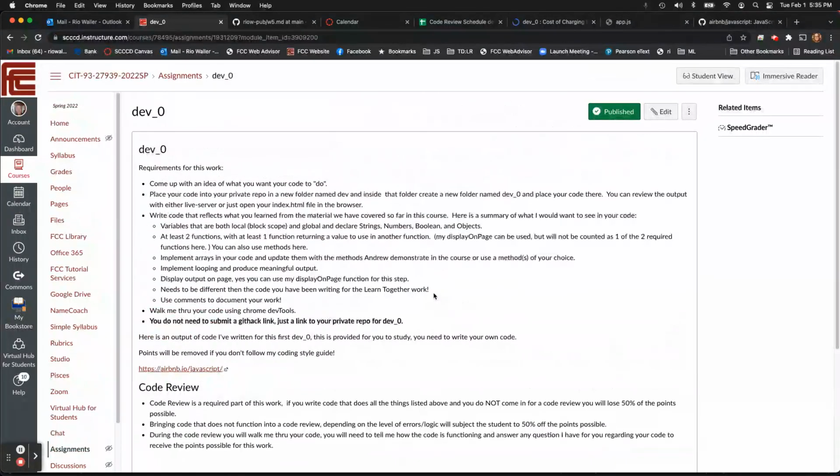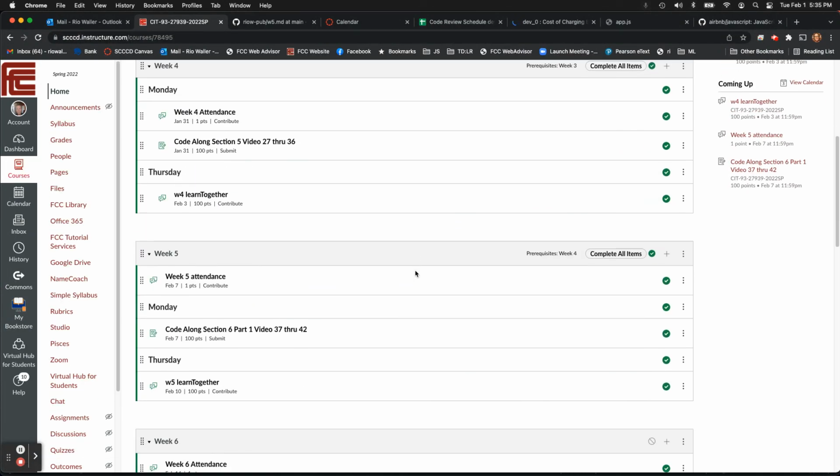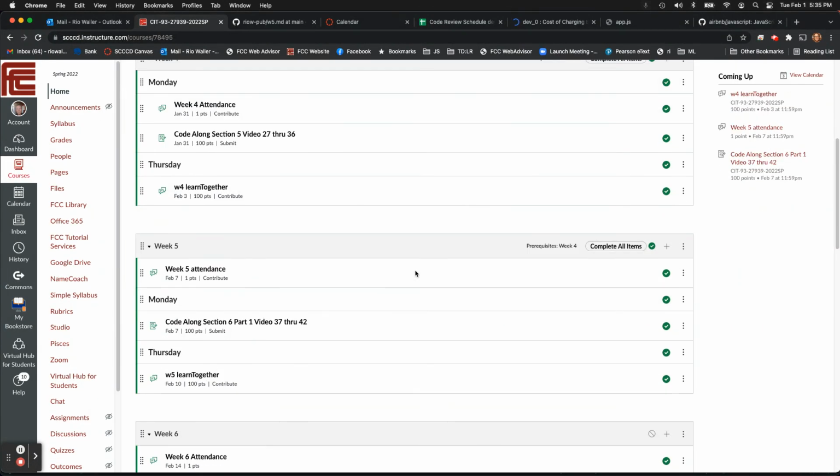So hopefully this gives you a good idea of what's heading at you. I know this can sound intimidating, but I've been doing these code reviews for about three years, and most students tell me it's where they really feel like they bring together and deepen their knowledge, by doing the project and then coming in for code reviews. Because in the real world of coding, you're going to have code reviews. Somebody's going to look at your code and they're going to ask you about it. So the sooner you get used to it, the better.